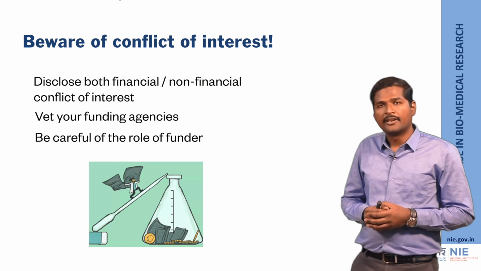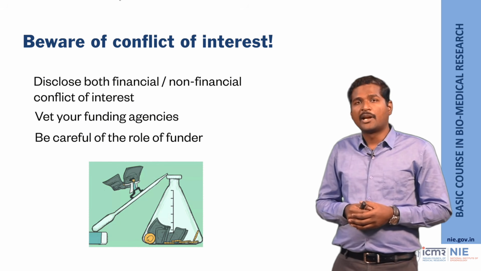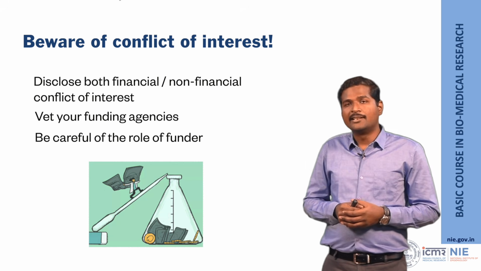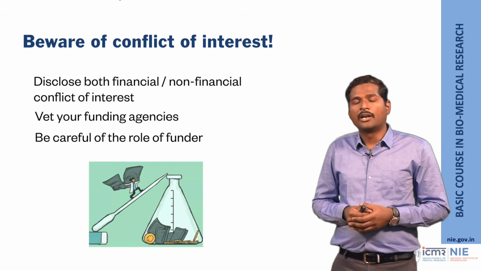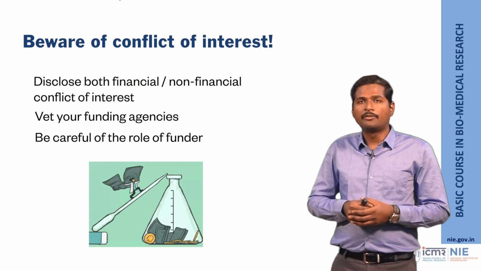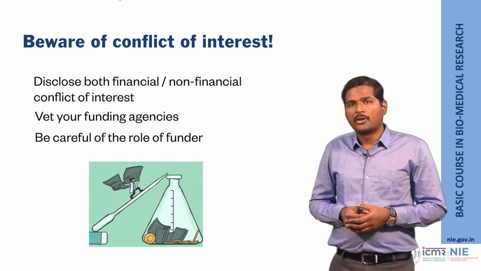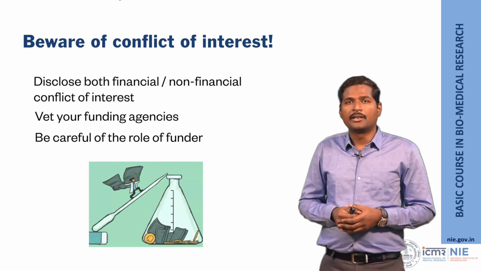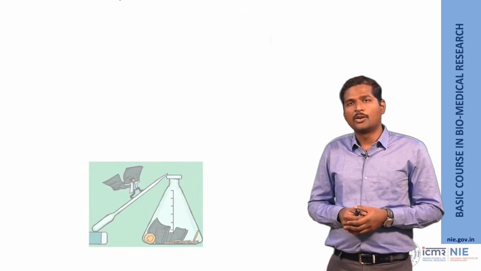Be careful of the role of the funder in your project. Ideally speaking, the funder should have no role in determining the course of your project, in determining the findings of your project, and in deciding to publish your findings. At the end of the project, when you have to submit your paper for a journal, you have to put this statement as a disclosure. When you are done with the project and you are planning to write a paper and submit to a journal, you have to specifically state the role of the funder in your project.